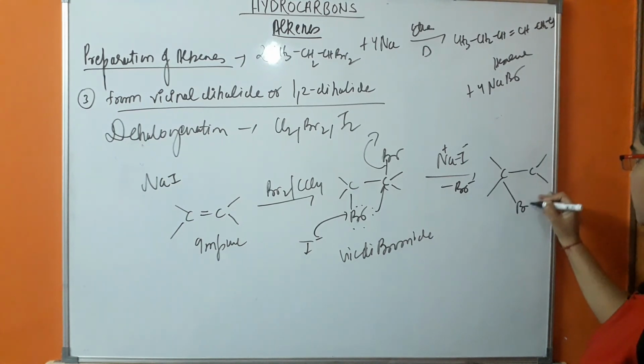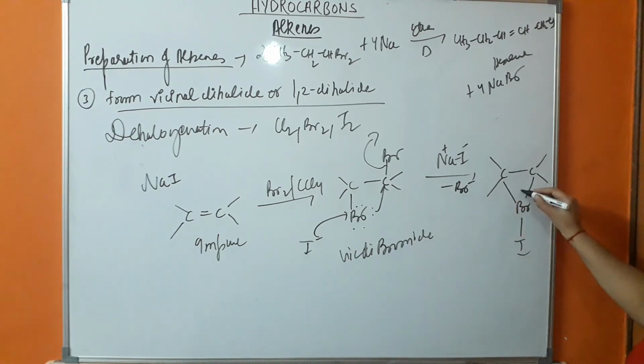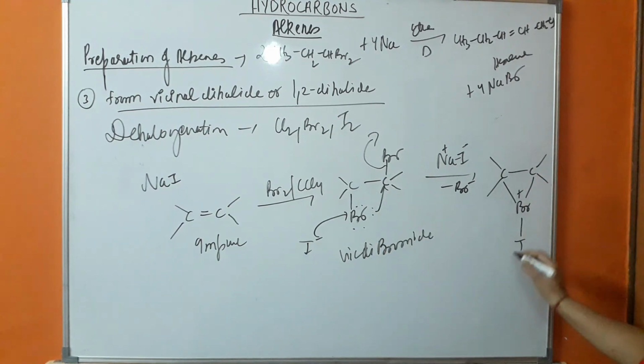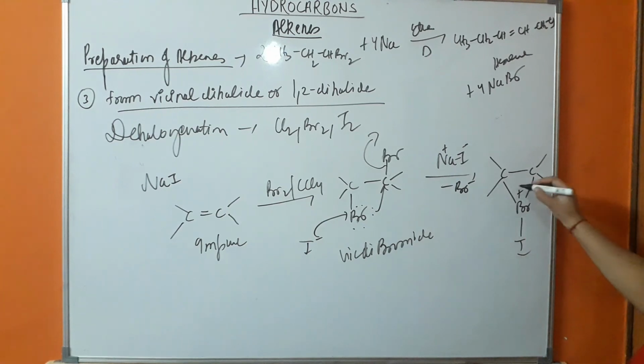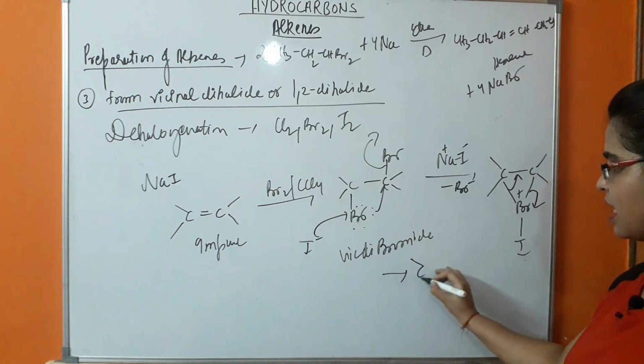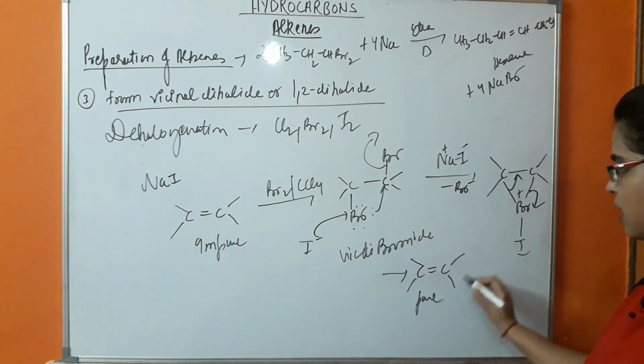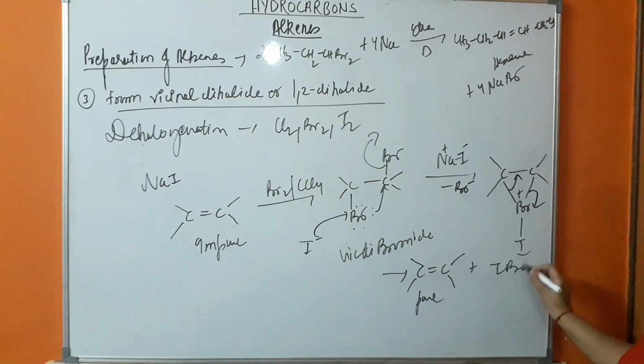So what will happen in this case? This will be formed. In this case, there will be a positive charge on this bromine, because it is donating its lone pair to this carbon, due to which, in the next step, this bond will be shifted to this position, that is carbon-carbon, and this bond will be shifted to this position. So what will happen next? There will be formation of alkene. This alkene is the pure alkene, and removal of IBr takes place.